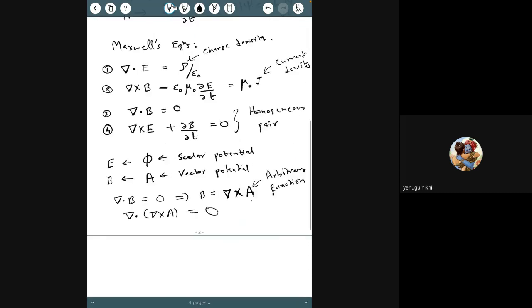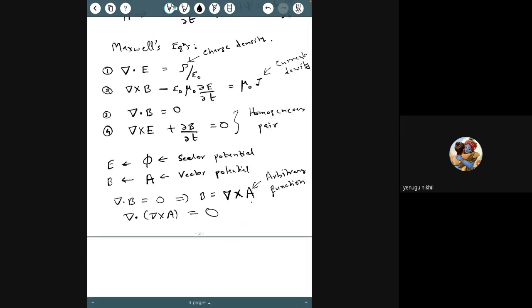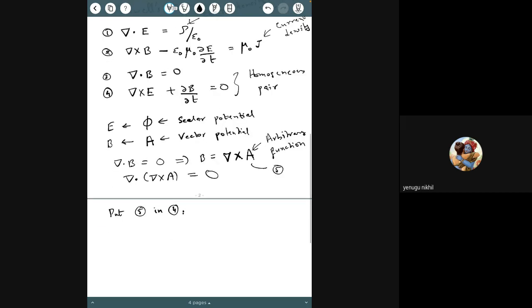And then if we use this equation, the fact that B is the curl of A, in Maxwell's equation 4, then what do we get? Let's number this 5. Put 5 in 4, and then I have the curl of